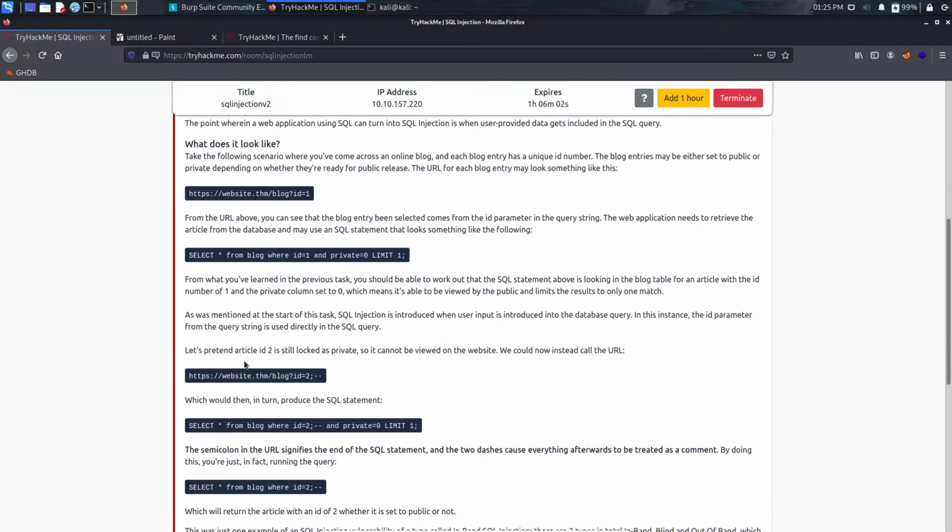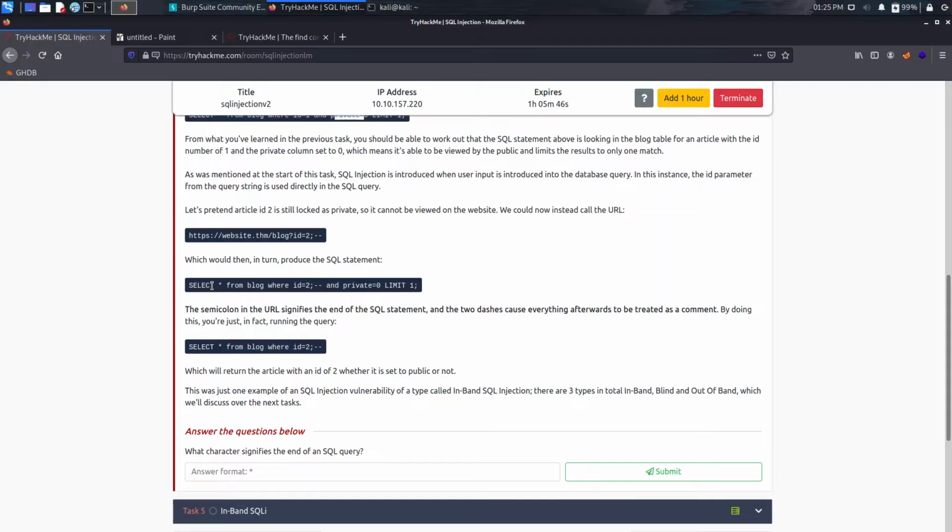It doesn't matter whether our blogs are private or public, this was the default query. If the blog is public, it will be presented. If private, it will not be presented on the screen. So if we just change this query to ID equal to 2,